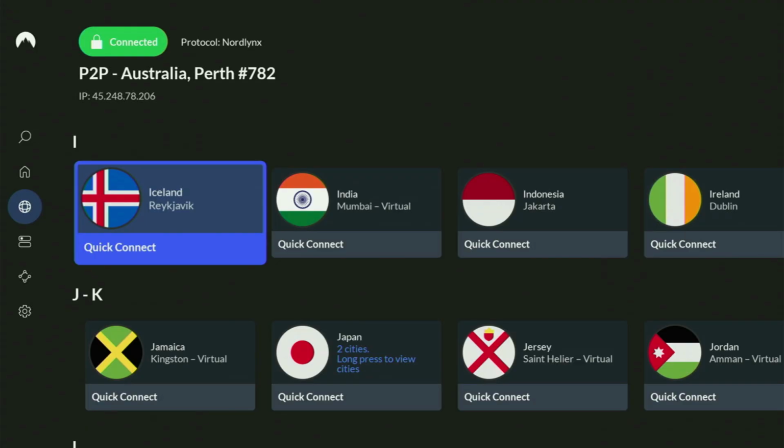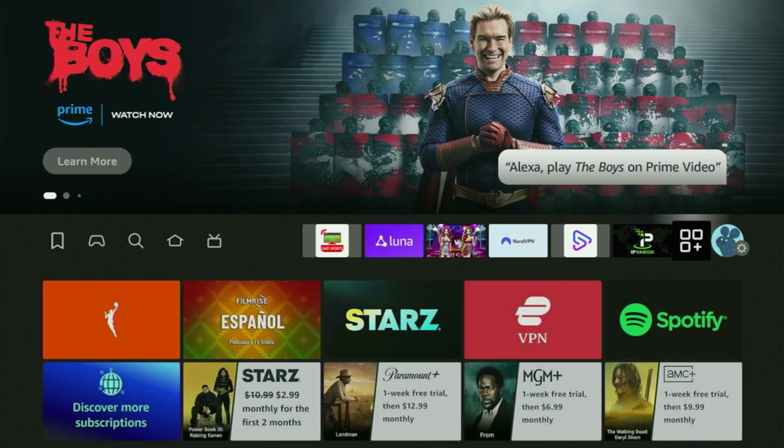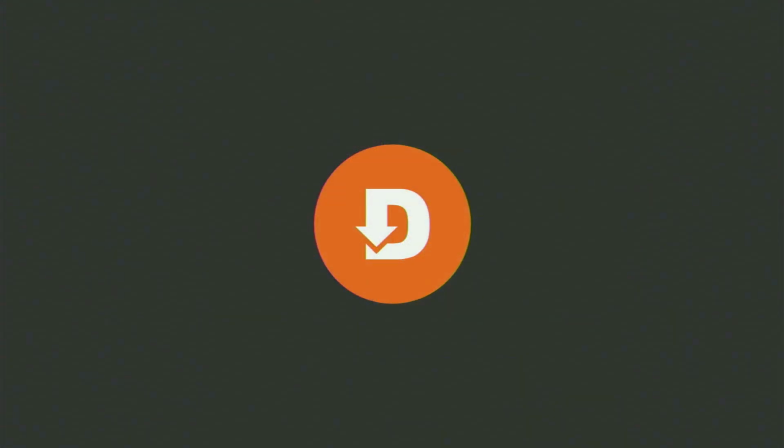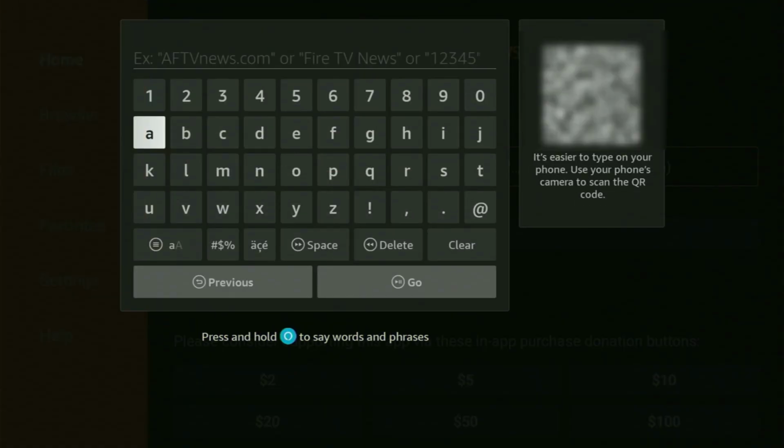And now, finally, let's use Downloader safely. So we just go back to the list of apps on your Fire Stick, open it, and then head into the Downloader application. There, when Downloader opens, just go to that search bar on your screen, and here in the search, we'll be entering all kinds of codes to get you amazing spicy apps for your device. And the first code that we are going to use today will be